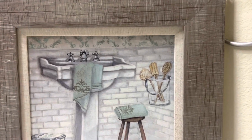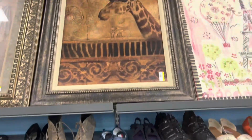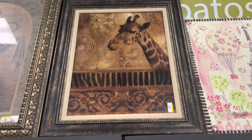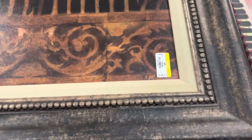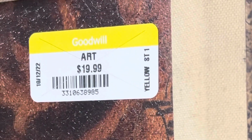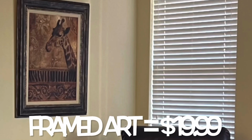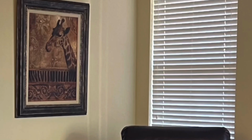And on to another Goodwill in Oklahoma City. I love it. Morgan found this piece of art and I absolutely love it. Jason was obsessed with giraffes when he was younger, so I thought he would really like it also, and the frame is so pretty. So I am going to continue going to Goodwills, and I will take you along as I'm going shopping,